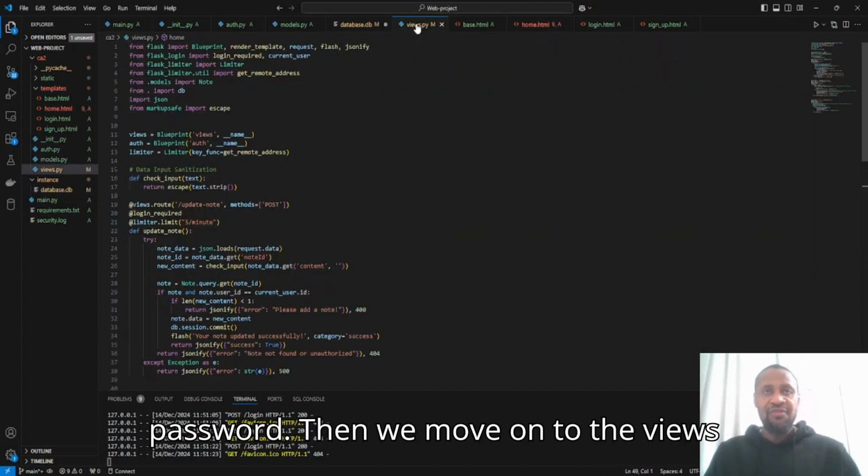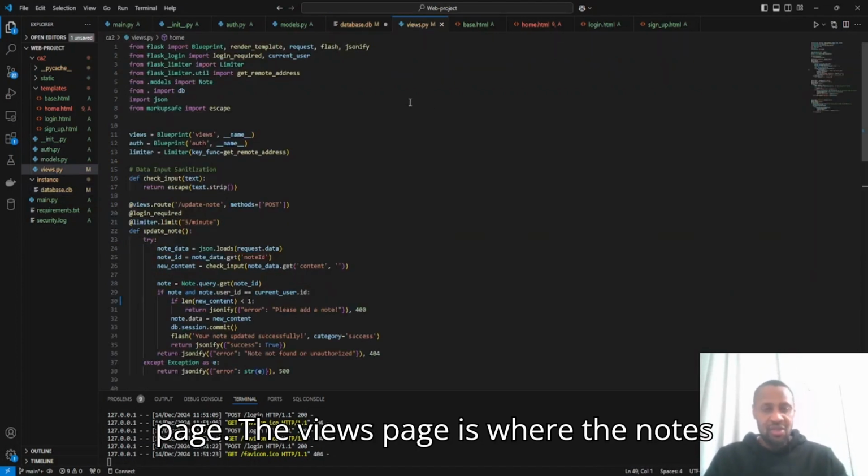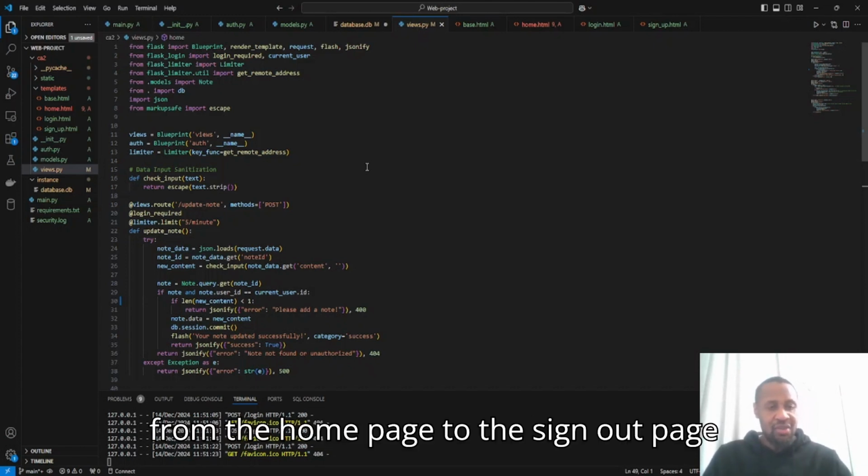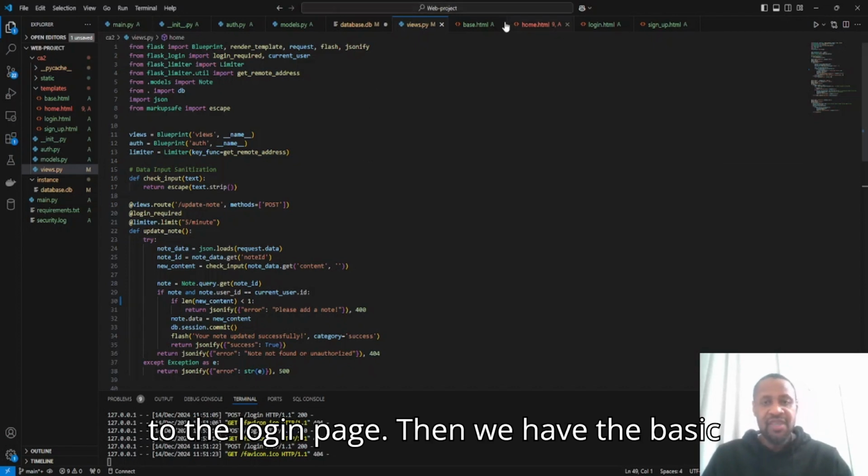Then we move on to the views page. The views page is where the notes and the logic are implemented and managed, where you move from one route, from the home page to the sign out page to the login page. Then we have the basic